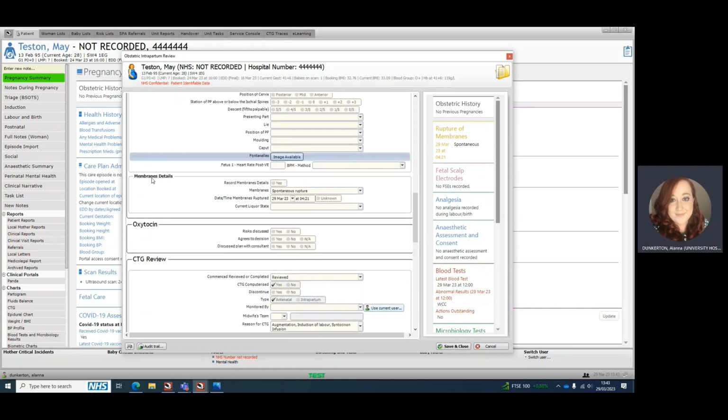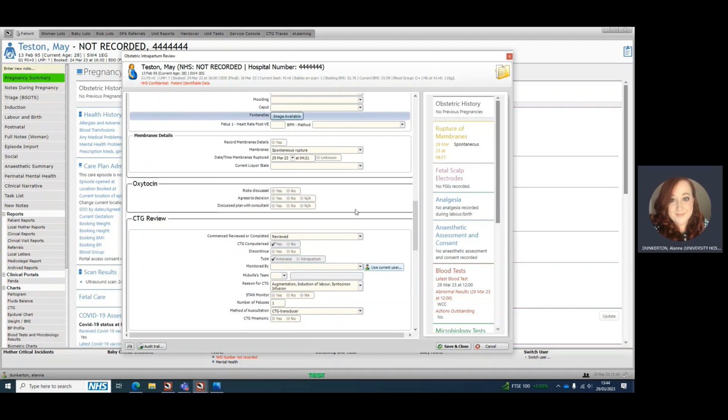As we go down, we've already got our membrane details pre-populated because I filled in the form to say that the person had ruptured their membranes earlier that day, so it's something that we have there as a reference. This next section is the most important that I need to draw your attention to. So this is what is happening regarding oxytocin. So this is what we need to be using to replace those sticky labels that we used to use in